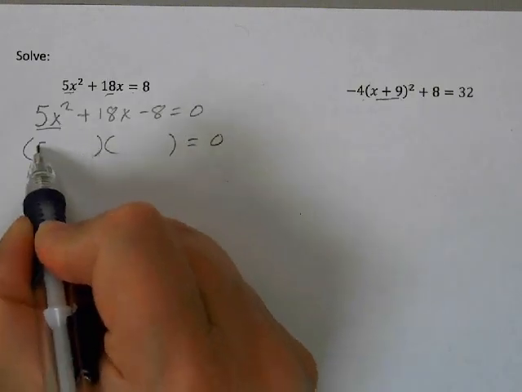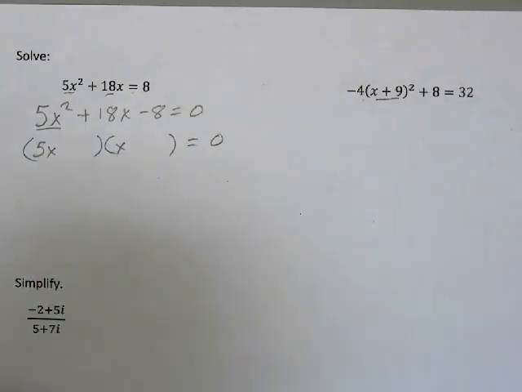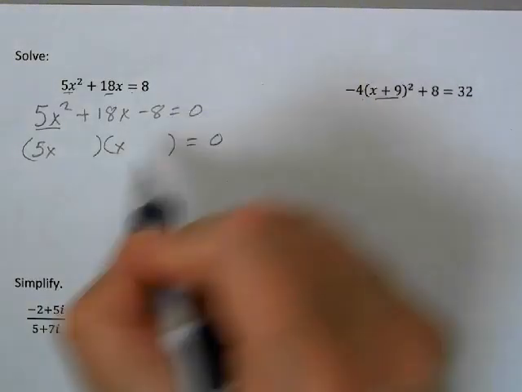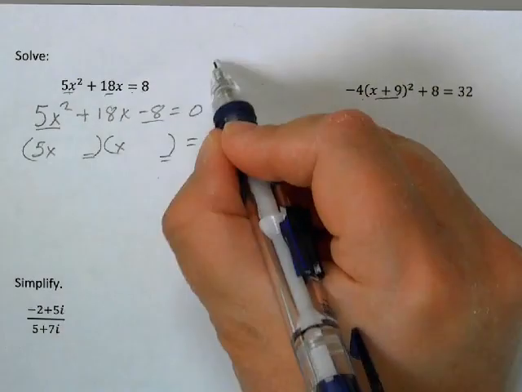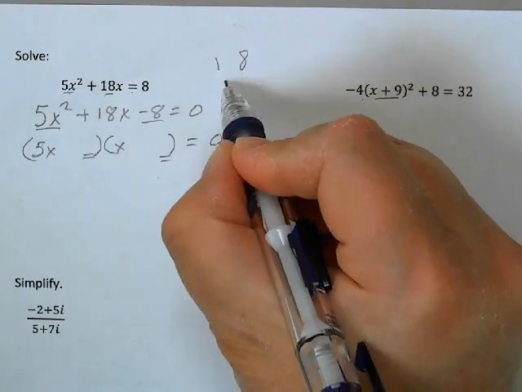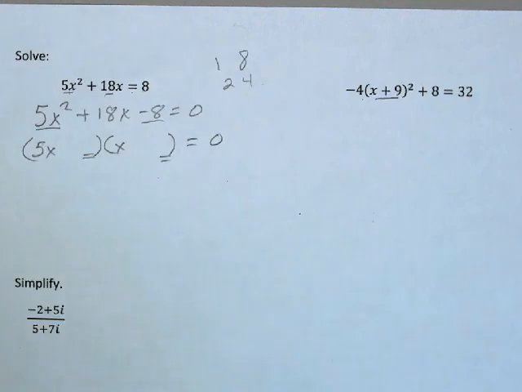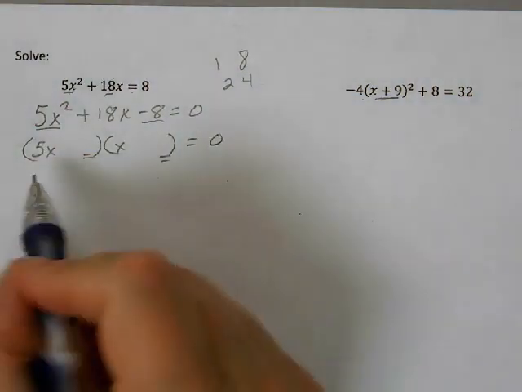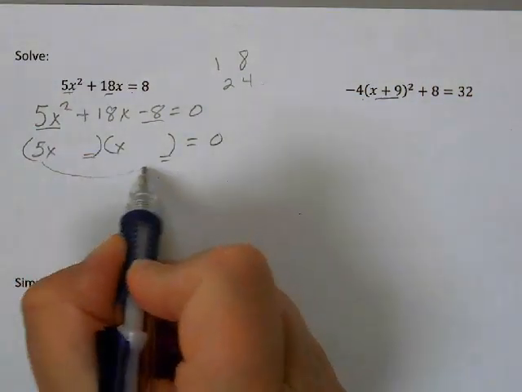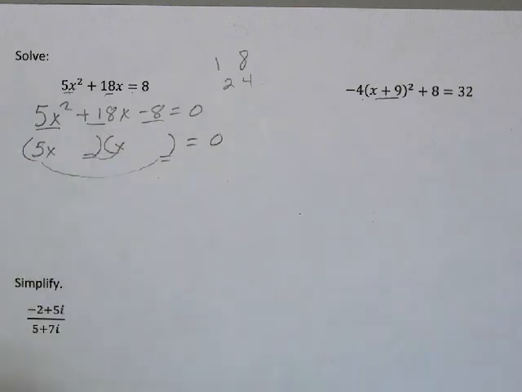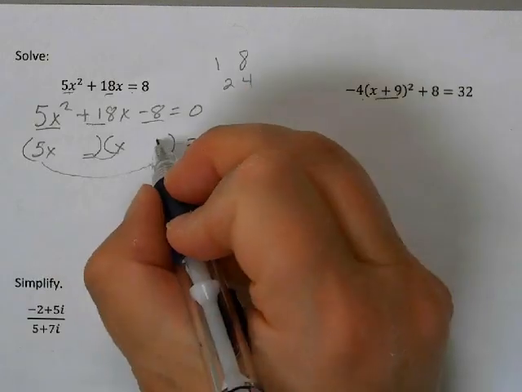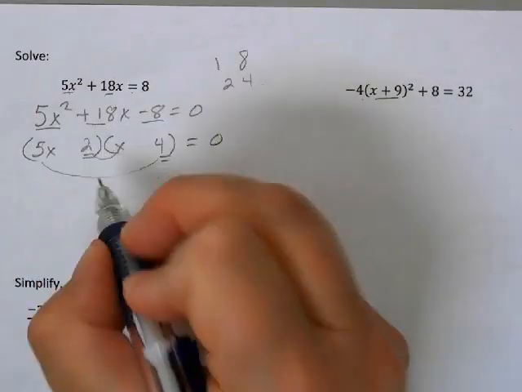I know that to get 5x squared, I need to have 5x and x. And then I'm going to think of my list of factors for the number 8, because the two numbers that go here should multiply to give me 8. So I'm either going to choose 1 times 8 or 2 times 4. And I have to try to think of the numbers that when I multiply this times this and this times this, I get 18. So I'm going to put a 4 in this spot and a 2 in this spot,